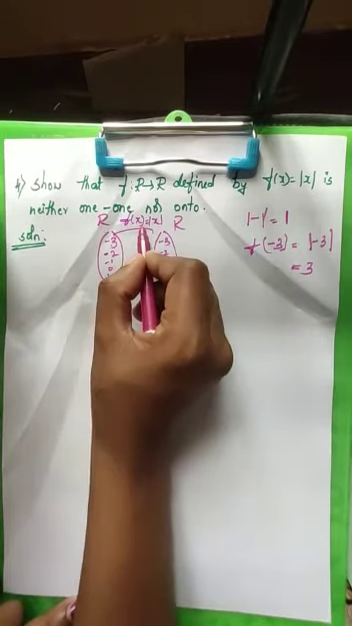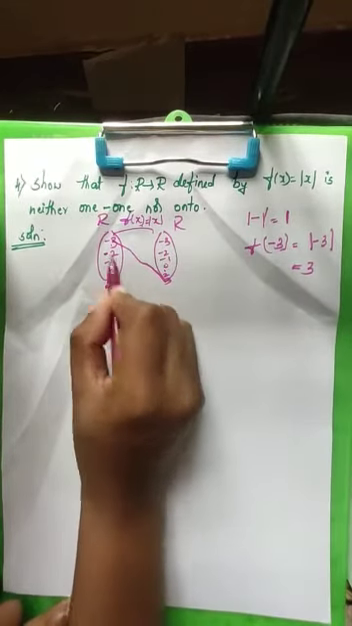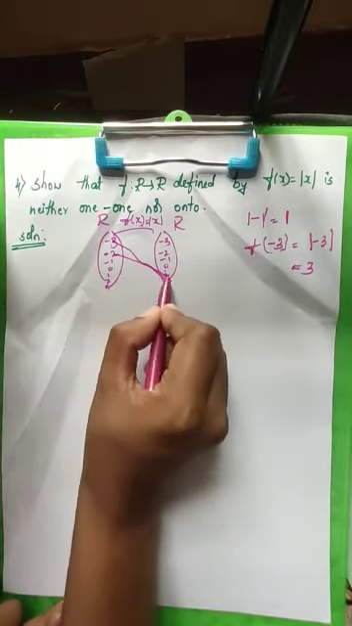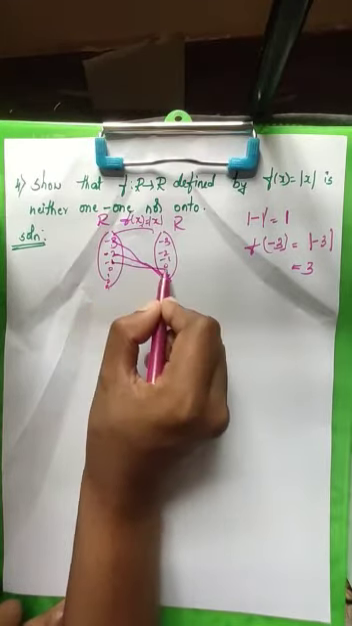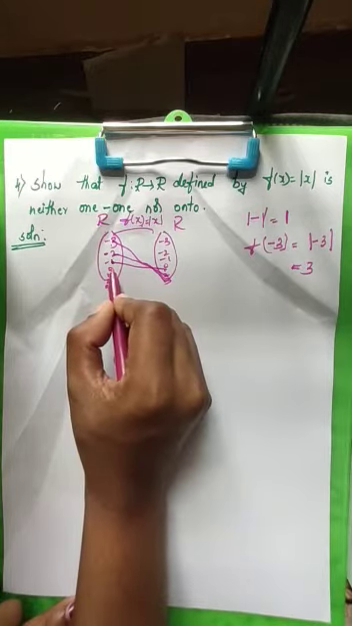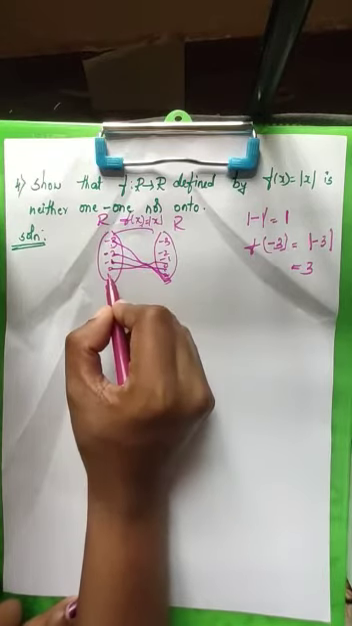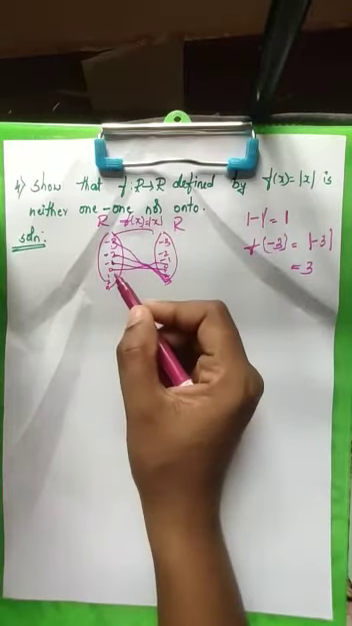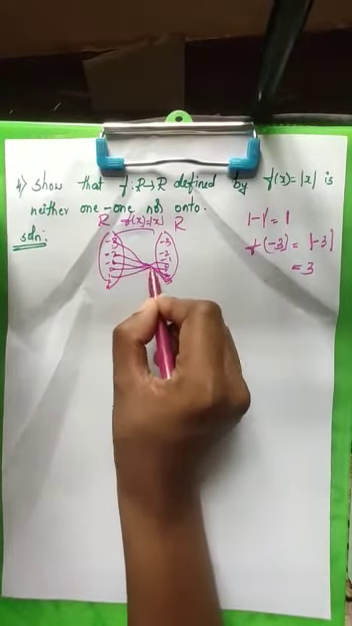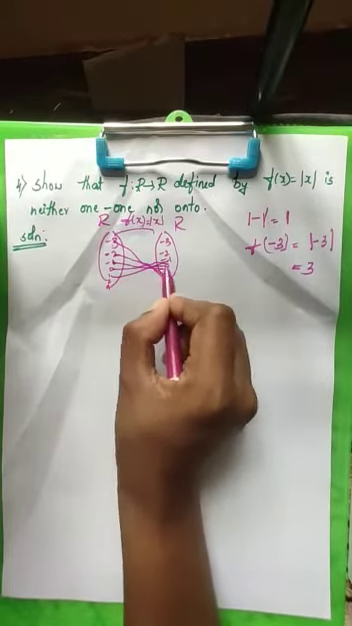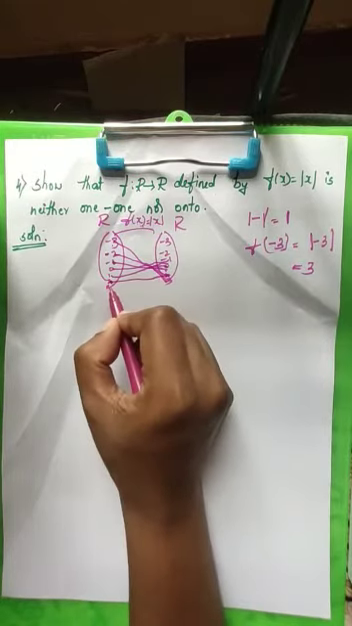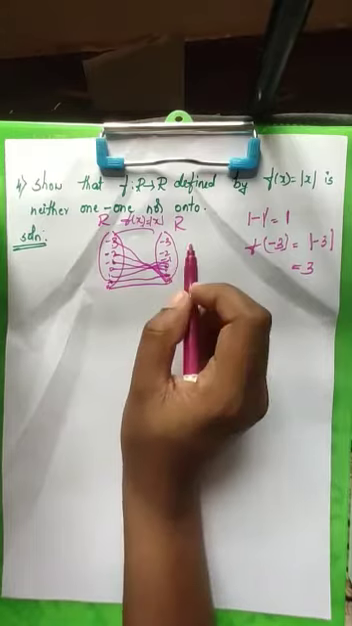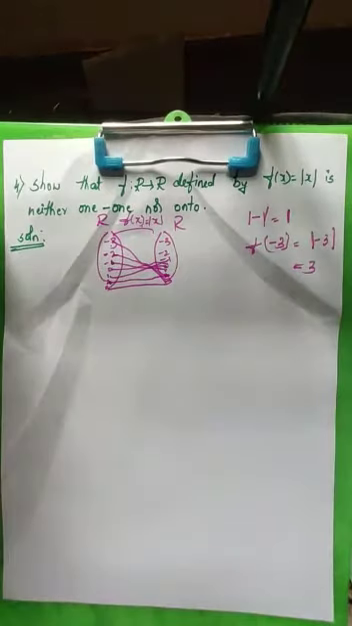So what is f of -3? It should go to 3. What is f of -2? It should go to 2. What is f of -1? Modulus of -1 is 1. Okay, what is f of 0? Mod 0 is 0. Now what is f of 1? Modulus of 1 is again 1, correct? What is modulus of 2? It is 2. What is modulus of 3? It is 3. By this you can make clear that this particular function is not one-one